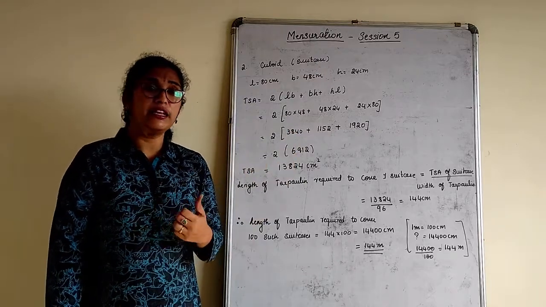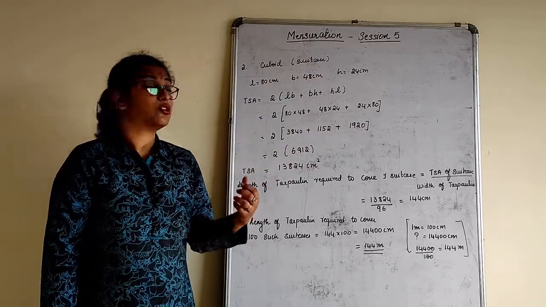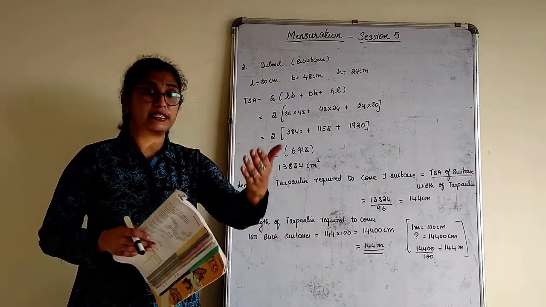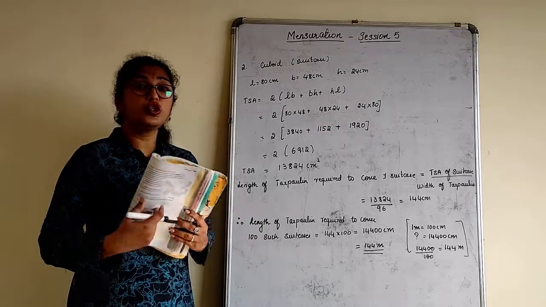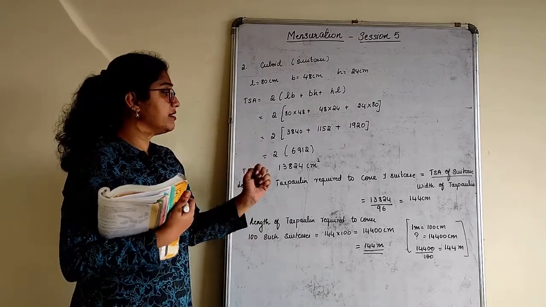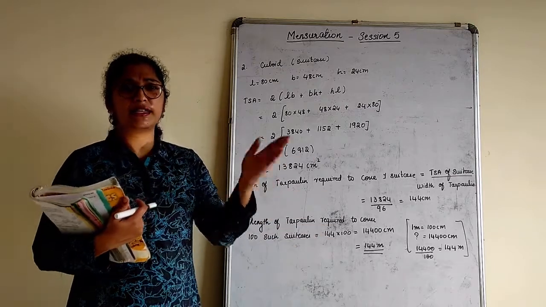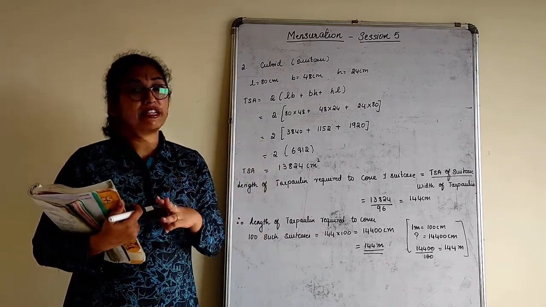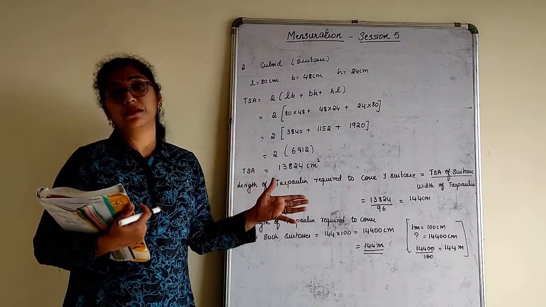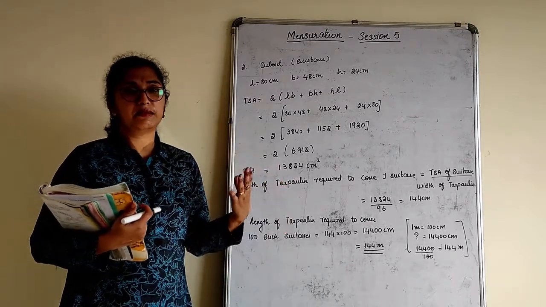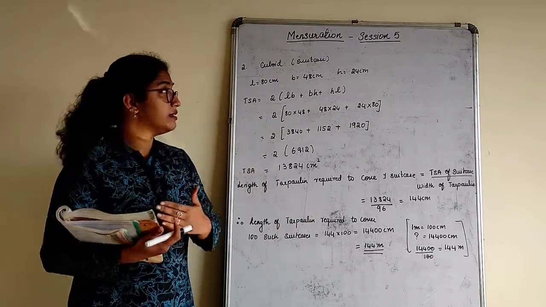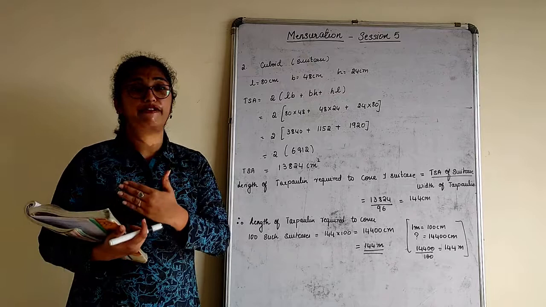So what is TSA? What is LSA? It's a cylinder. So what is TSA? What is LSA? Now volume will come later. That's in the next exercise. So you should be able to remember those formulas easily and apply them rather than always turning your page. Hardly we have three formulas here. Cube and cuboid is anyhow very simple. Only thing to remember here is the cylinder. So please learn the formulas so that our next session, when we solve the remaining set of sums, will be very easy for you.